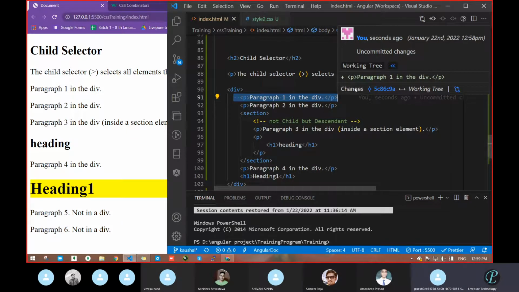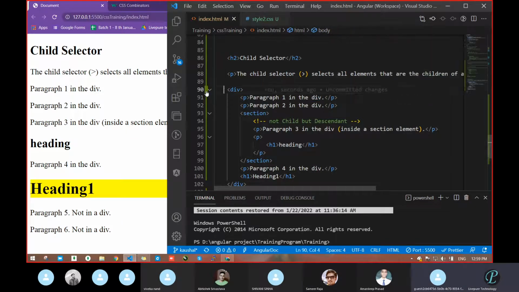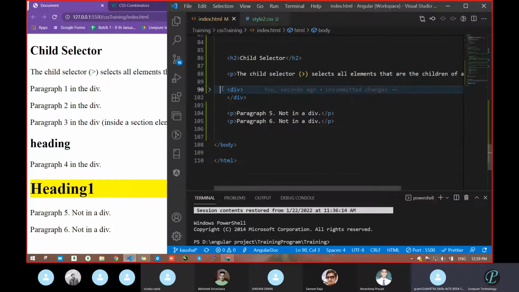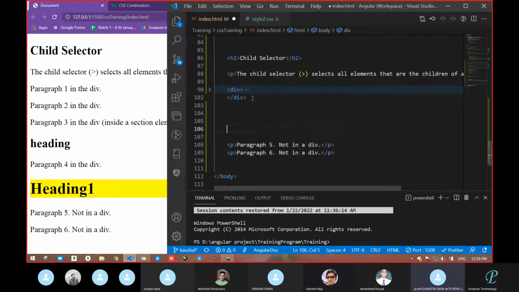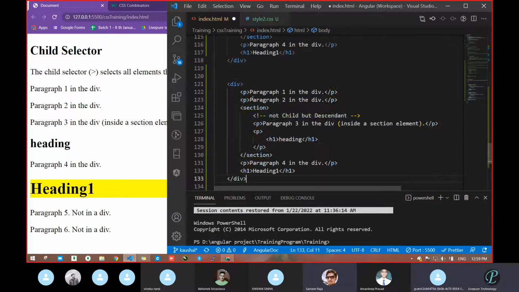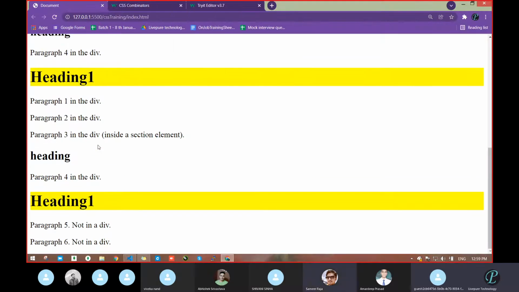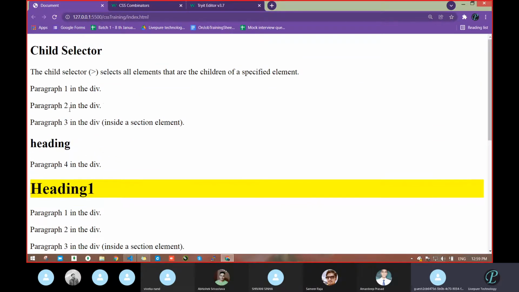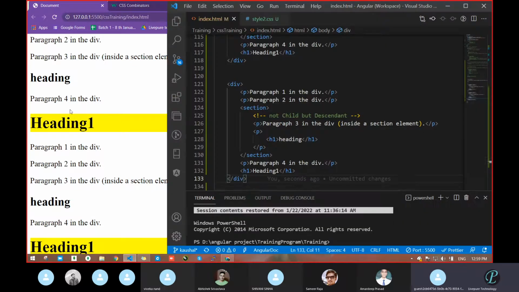Suppose I take this section four or five times. Now suppose I don't want to color everything, but I want to color the first heading of each section. What will you do?